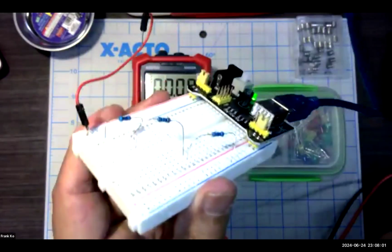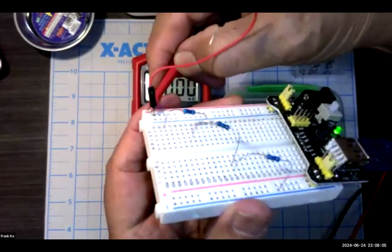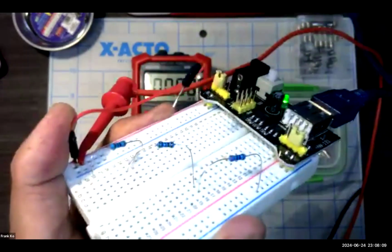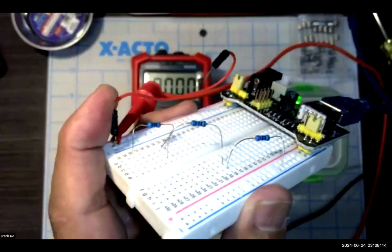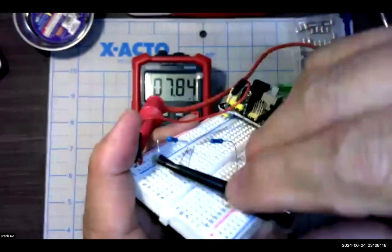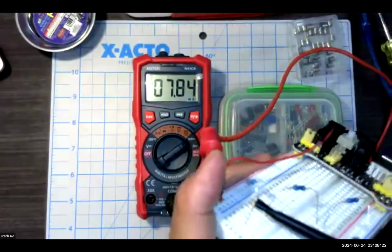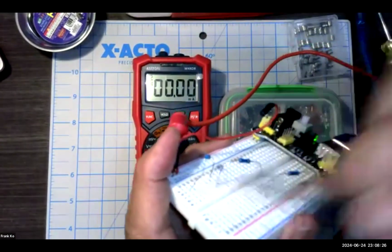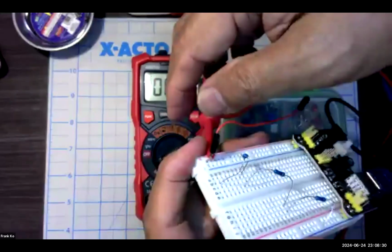And so what I'm going to do is hook up my red hook there and hook up my black hook to the resistor right there. And again, something close to the 7.80 something that I had earlier. That shows that the current is the same from the top to the first resistor. I'm going to unclip,